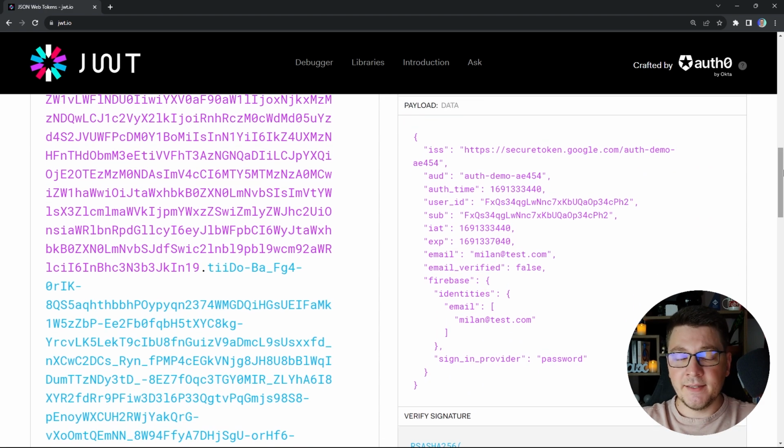Now I'm mainly interested in the payload, where you can see the issuer, the audience, which is our Firebase project ID. There's also the subject claim containing the user identifier in the Firebase system, but we're also storing it in our database so that we can identify this user. You can also see the user's email, if the email was verified or not, and so on. So now all that's left to do is to figure out how to use this JSON Web Token to authenticate